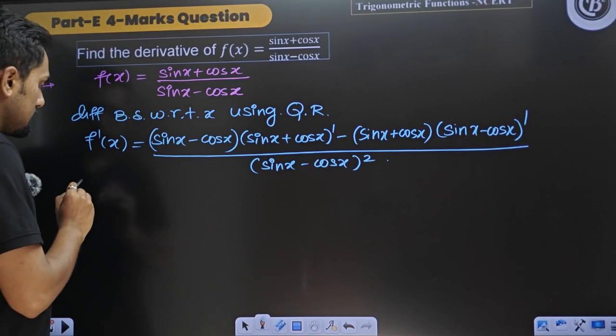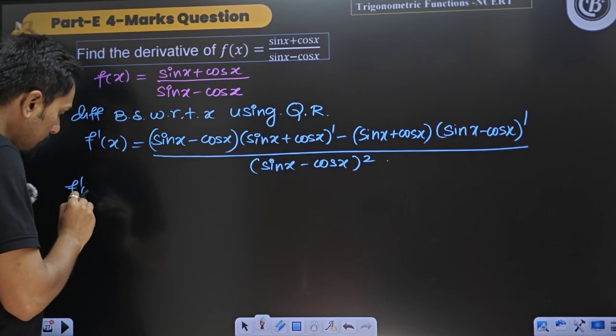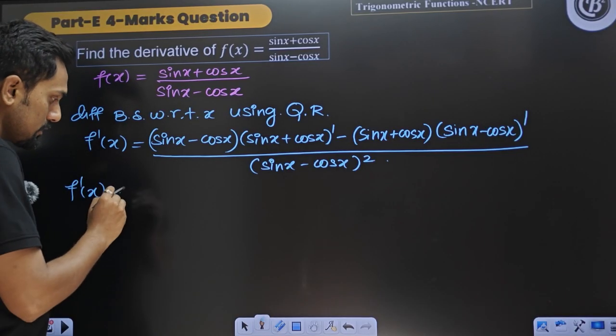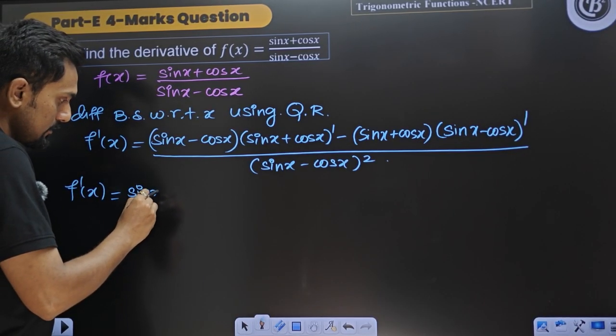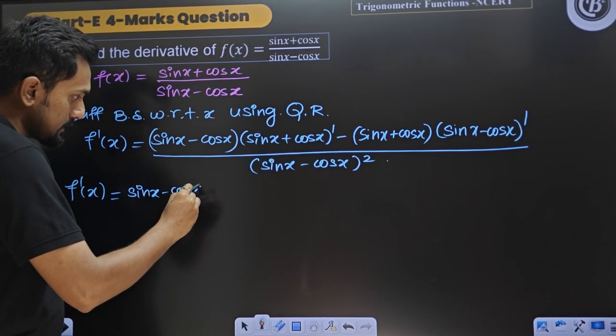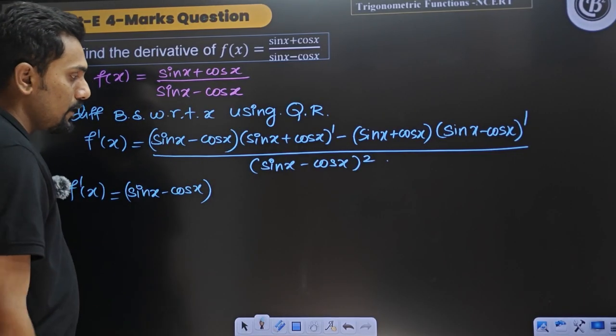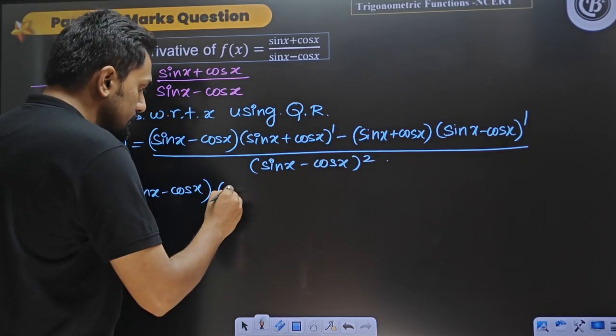Correct? Then f dash of x becomes equals to sin x minus cos x as it is, derivative of sin x will be cos x